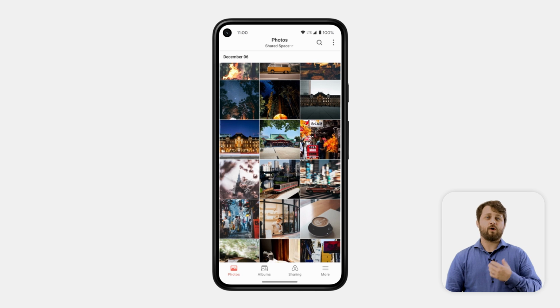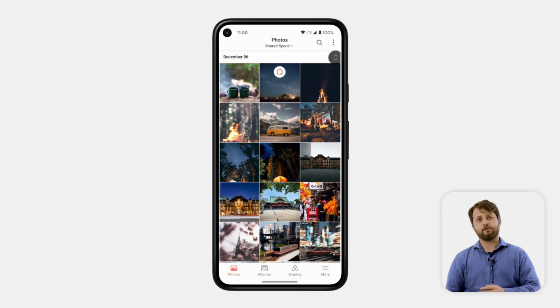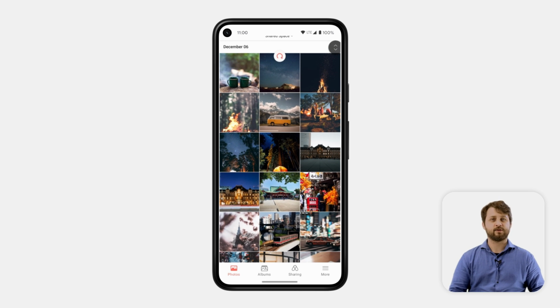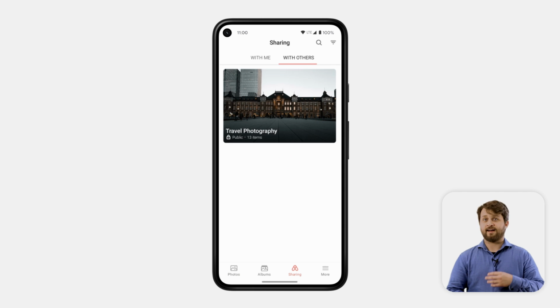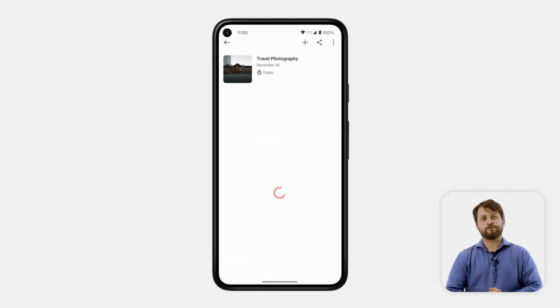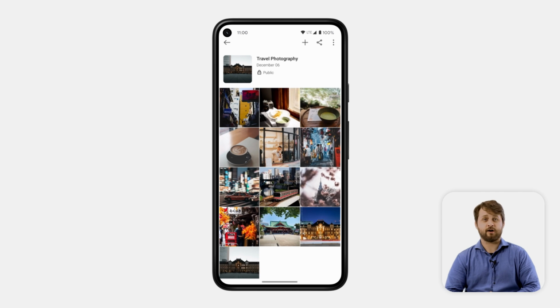Another big thing, and why you might want to use this app, is that if you're an on-the-go photographer and you're meeting with a client and they wanted to see a couple different photo examples, you could immediately access your entire collections of photos with the Synology Photos app and share those out directly at an individual photo level or at the album level so that they can immediately view those photos so you can close that deal for that photography job.